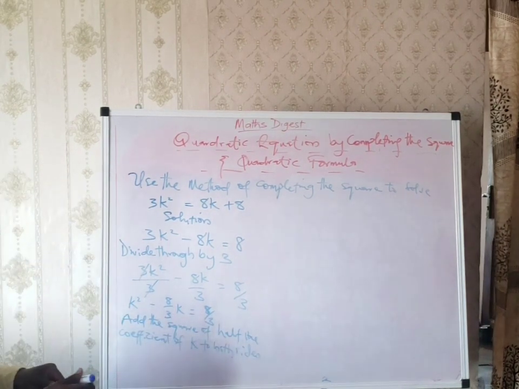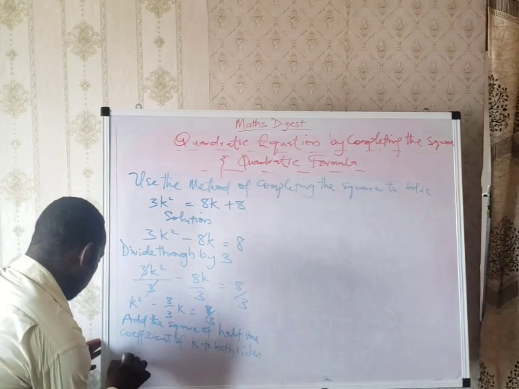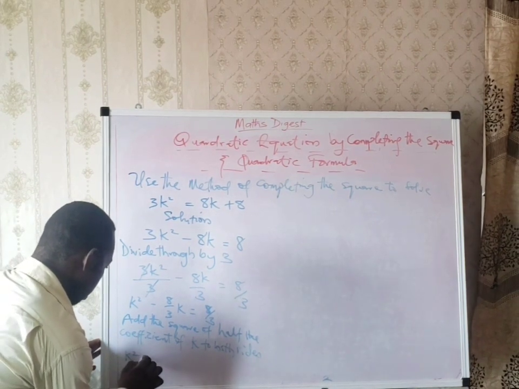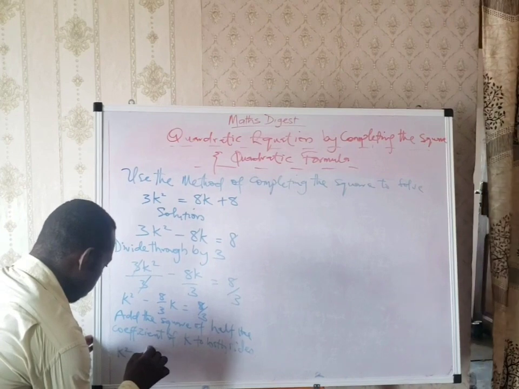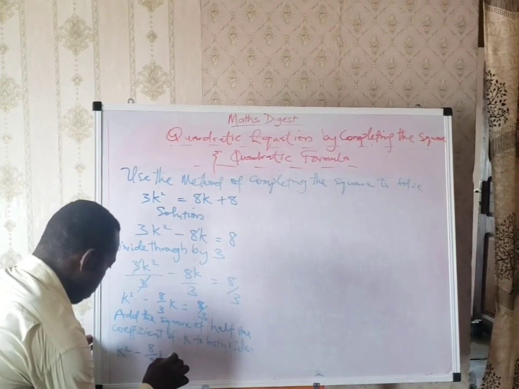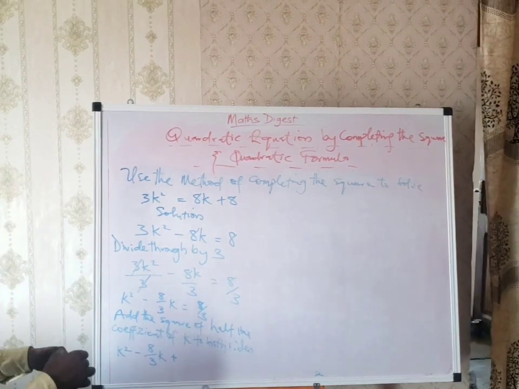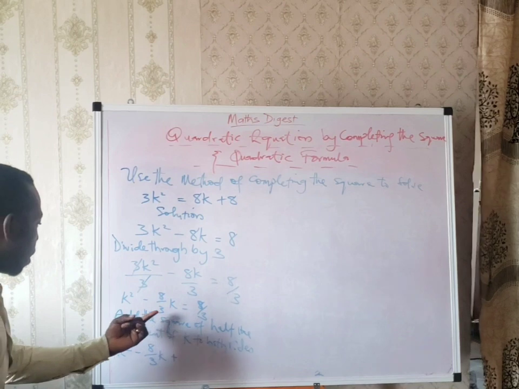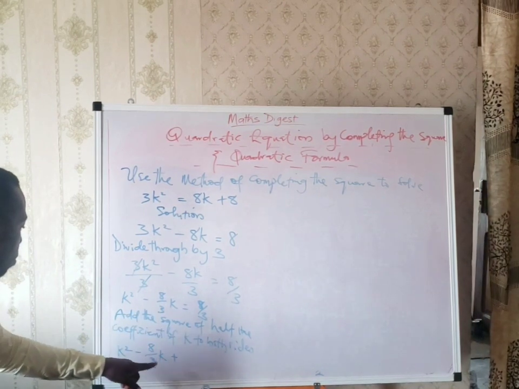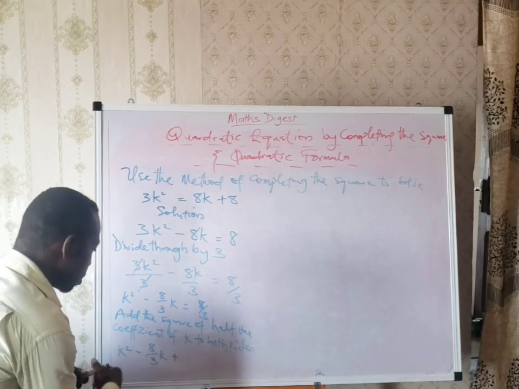All right, to both sides. This will now give us... remember the coefficient of k here is what? Minus 8 over 3. So we say